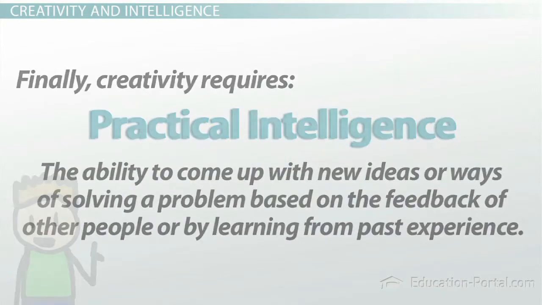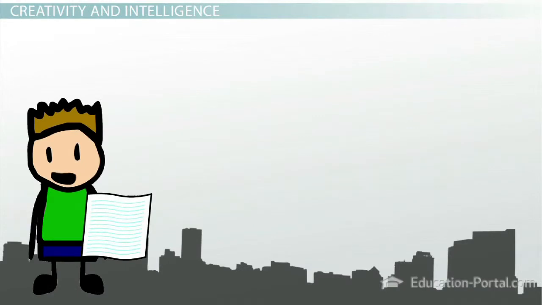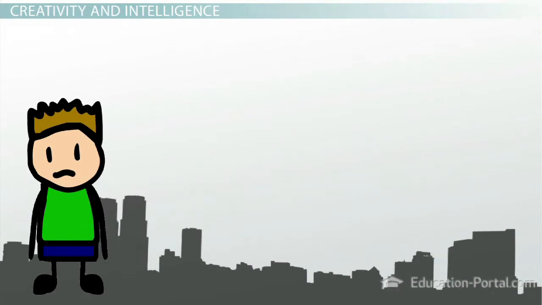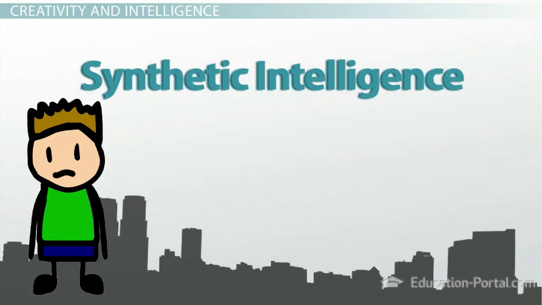Let's go through an example of each type of intelligence. Imagine that you're in a new, large city and you need to meet a friend, but you have no idea how to get around in the city, and you've lost the paper where your friend said where and when to meet. Synthetic intelligence requires that you see this problem in a new way. Instead of getting depressed or giving up, you could view this problem as a wonderful way to learn about this